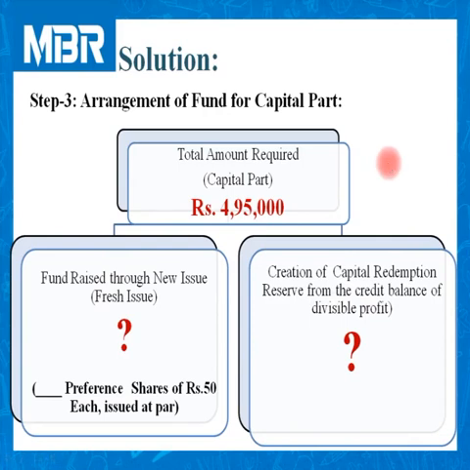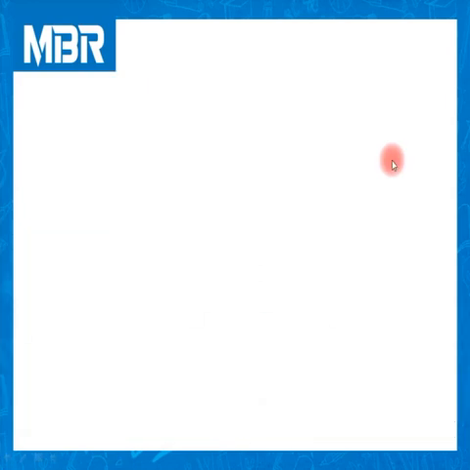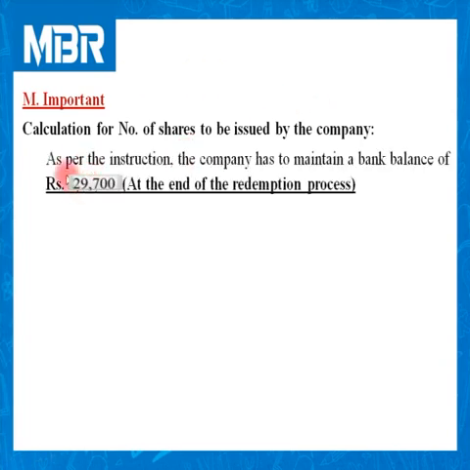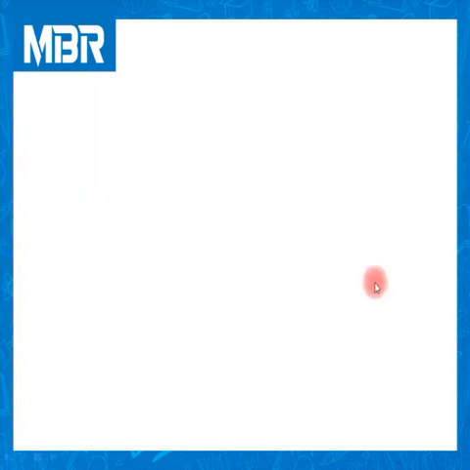In this question, everything is based on the adjustment of closing bank balance. So this part will be the most important part of our answer. Let us calculate everything very perfectly without any mistake. As per the instruction, the company has to maintain a bank balance of,